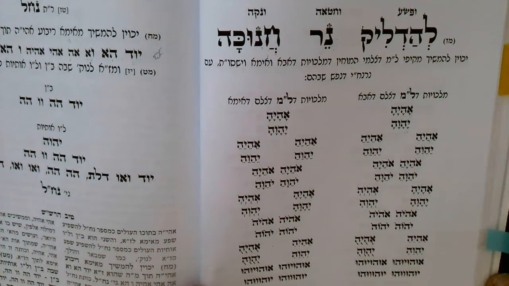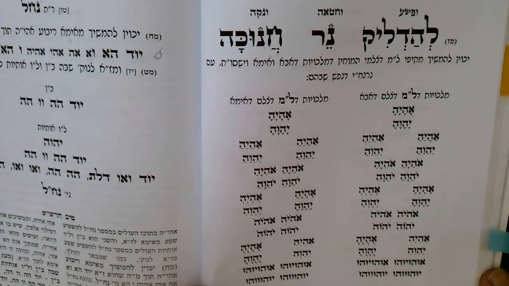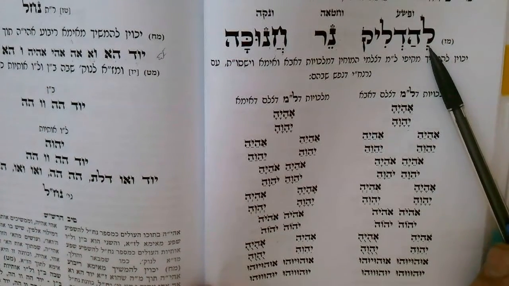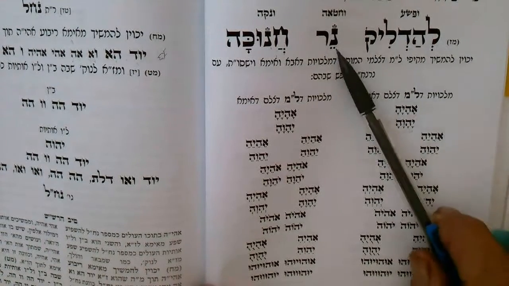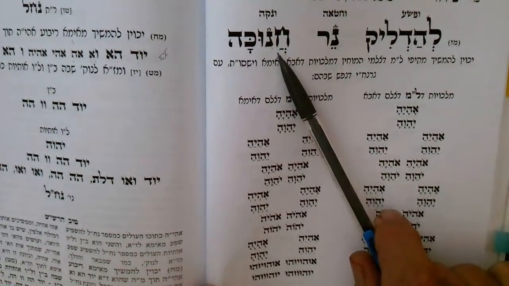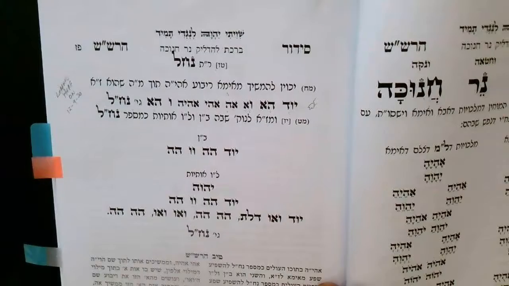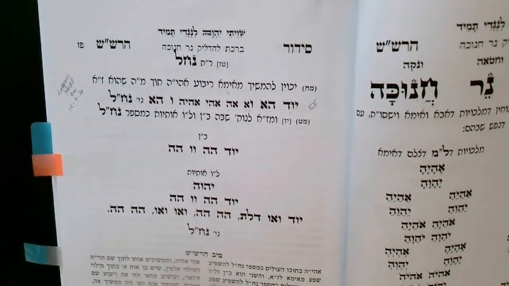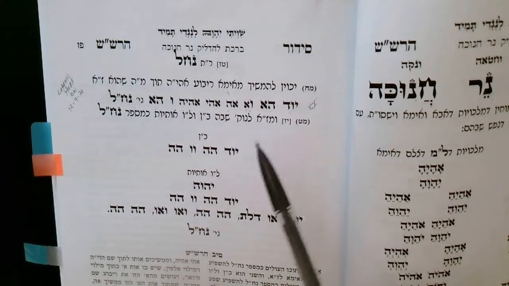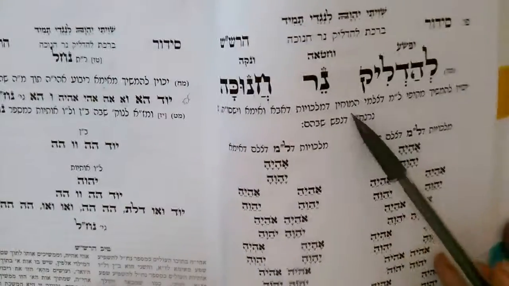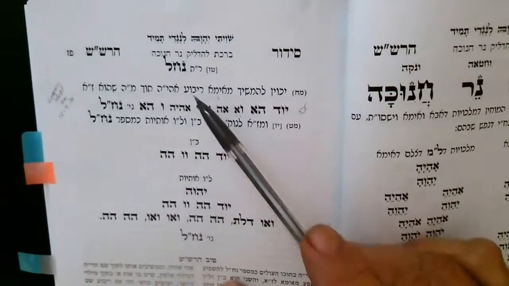So this Torah that we're learning today is going to be called Lahadlik Ner Chanukah. And the Rav is going to say to us that if you take the Rosh Tevos, here indicated in large letters by the Rashash, of Lahadlik, the first letter of that, the next letter of the word Ner, and then Chanukah, you have to mix them around a little bit, but they come to the word Nahal. Now, I just want anybody to take a look at this word, and so he says once again, the Roshi Tevos of these words, Lehadlik Ner Chanukah, brings you to the word Nahal.